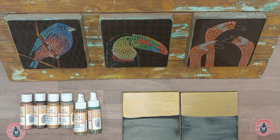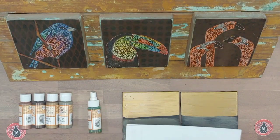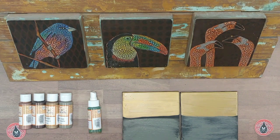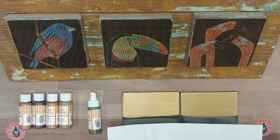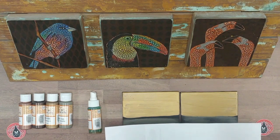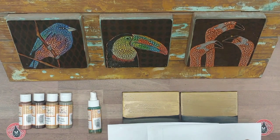So here we'll get a piece of paper. And the patina is what I'm going to do first. So I'm just gonna kind of loosely cover this. I'm not super worried about it being perfect, but just kind of as a general thing. So I'll just shake it up, make sure we're spritzing okay. All right, and so as I'm spraying, I'll want to kind of move the spritzer to make sure I have an even application, because otherwise you're going to kind of have a donut shape from the way that it spritzes out of